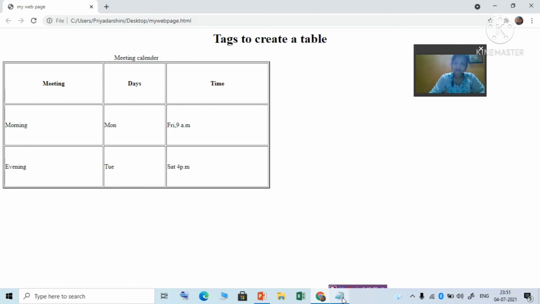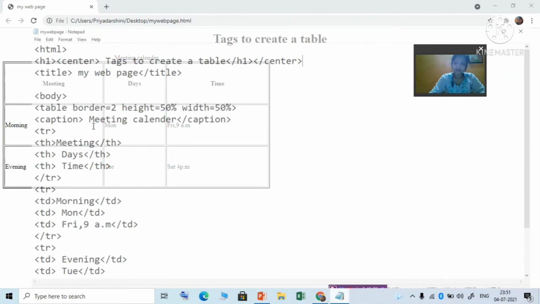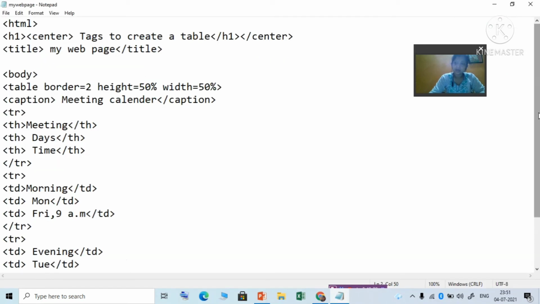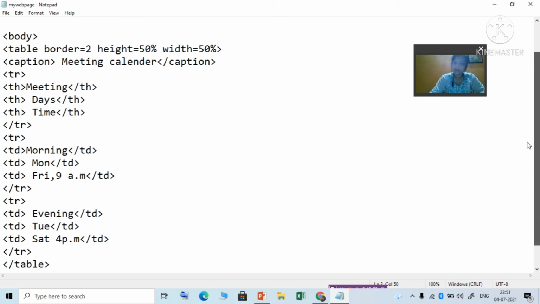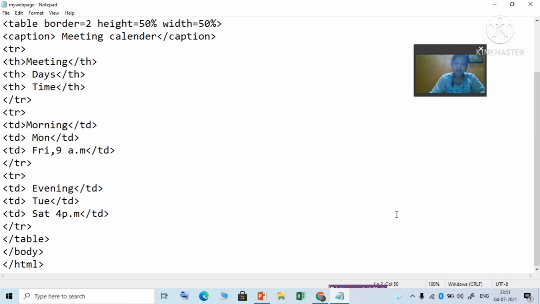Okay. If you are seeing this coding for the first time, see how it is written for a table. If you practice, you can understand. And if you feel any doubt, you can ask me. Don't hesitate to ask. This is a very interesting and new thing. You should learn it. Since you are doing this for the first time, you may feel it a little difficult, but if you see the video once or twice, you can understand how the coding is written.